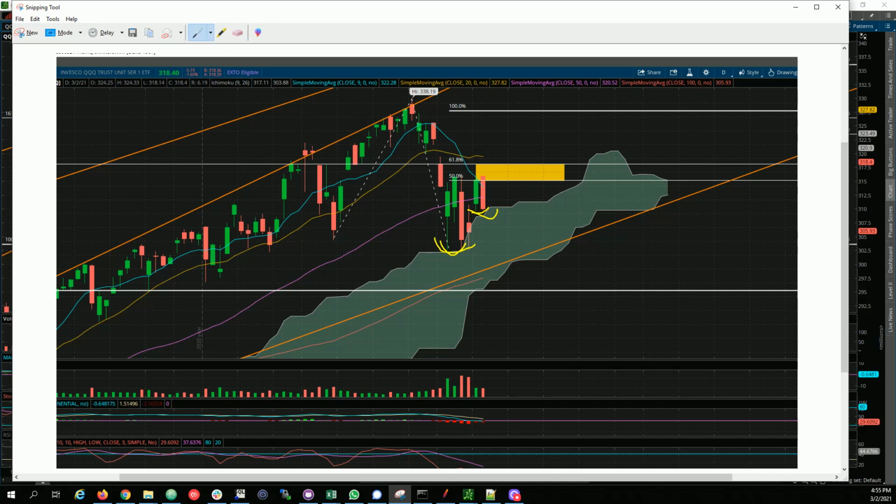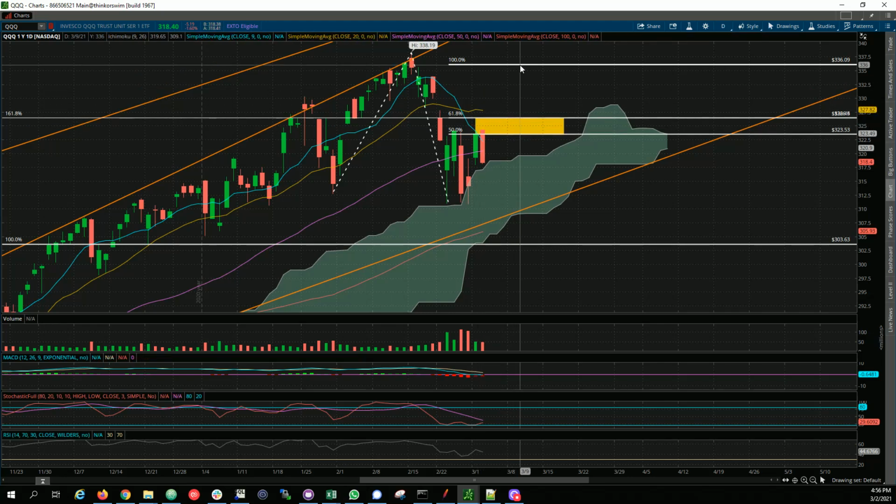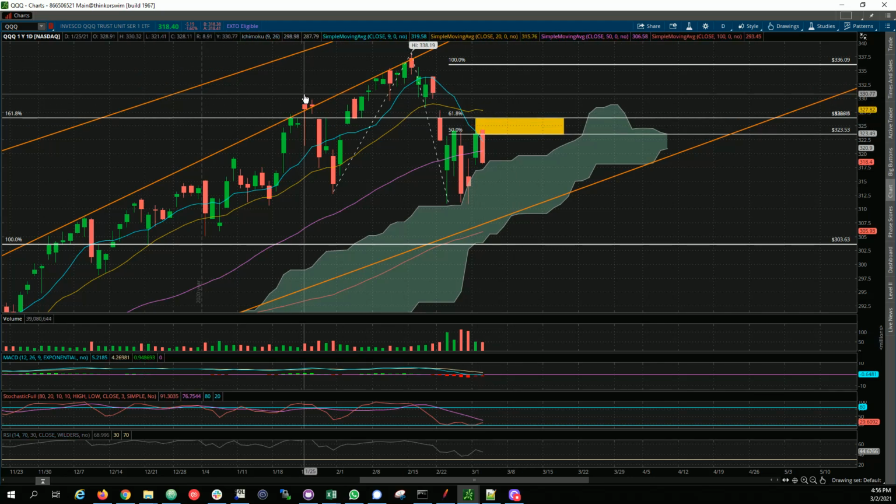We'll take a look at the weekly to see how the picture looks. Very similar to SPY again, we're seeing some resistance. We have to break out. We have to break this resistance right here. If we can't, you could have a possible head and shoulder as we mentioned. And we'll take a look at that level. So the level of 330s, we need to break above that clearly. Okay. Right now, if we look at the weekly,